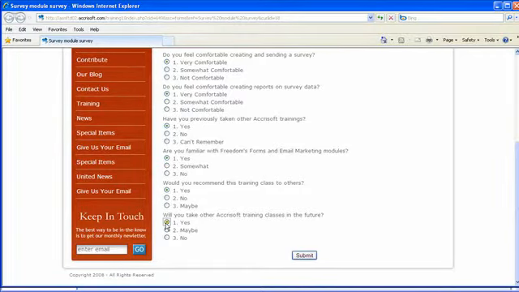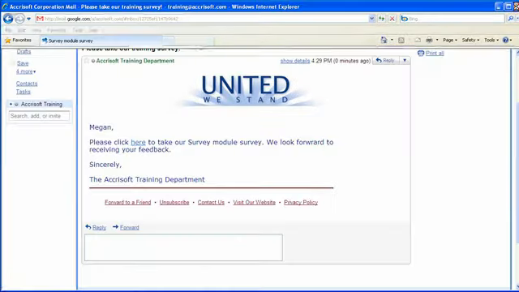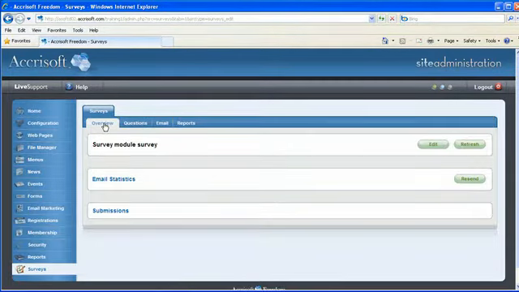Then after we've filled out our survey, we can click Submit. And you see that after completing the survey, our confirmation page appears with my name auto-populated in. Now let's close the window and return to our blue interface and our Overview subtab. My statistics have been updated here. When I click on Email Statistics,